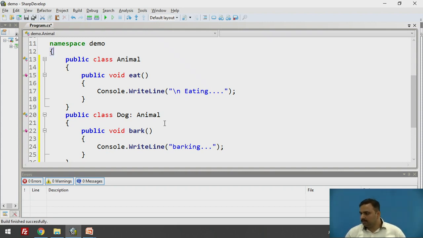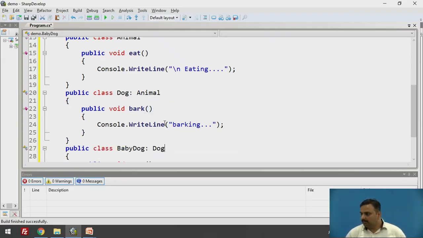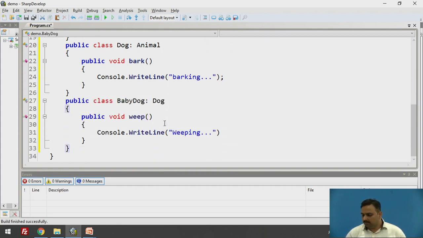First we implemented one animal class, then the dog class, and then the baby dog class. After that we have added one method in each class, and here we are displaying what that particular class method is actually. It indicates where we are residing now. And after that we have to write the main class.